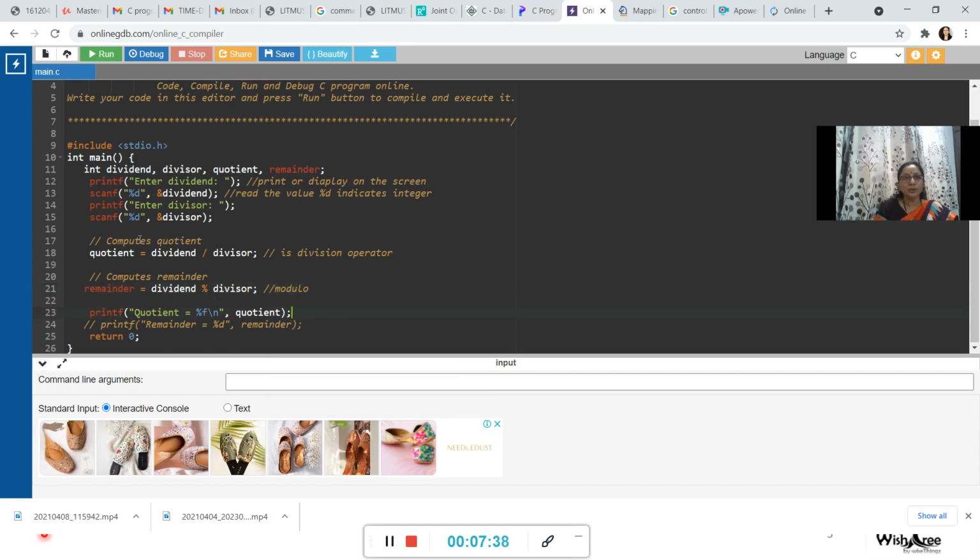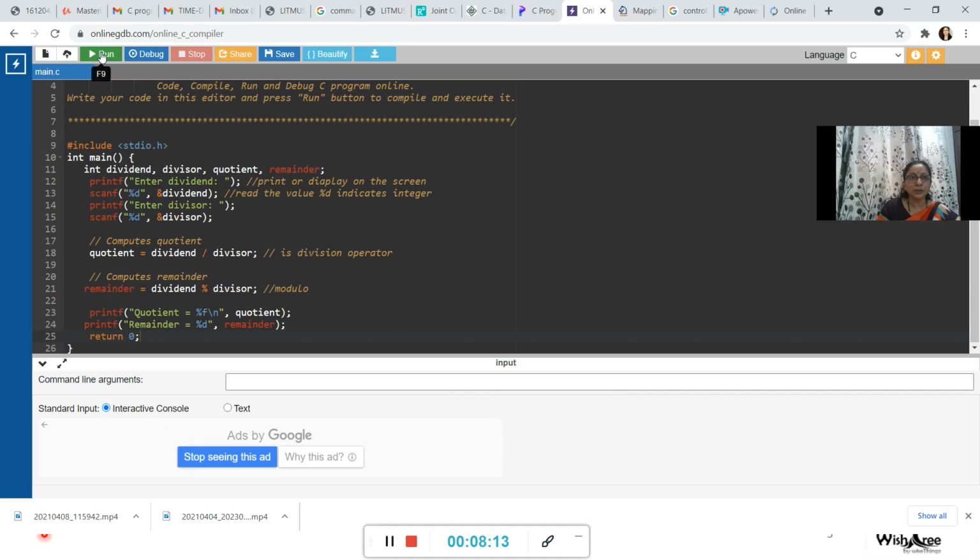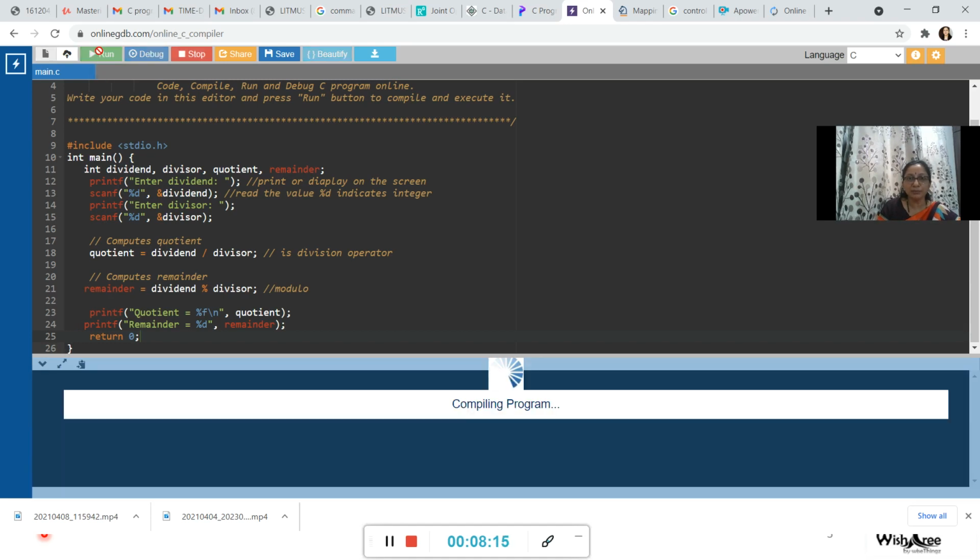Then once I compute both the quotient and the remainder, the next task is to print it on the screen. Only then the user will be able to see the results, right? So I need to print the value of the quotient and the remainder. return is going to return a value indicating that the main function has successfully completed the execution and has reached the end of the program. Anything, as I said, can be quickly written in between these two braces to compute something, right? Very simple. So let me quickly run this program and see what it is going to give me.